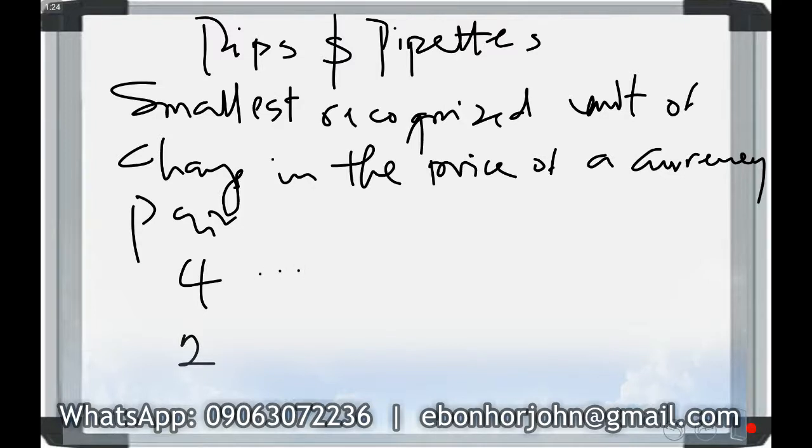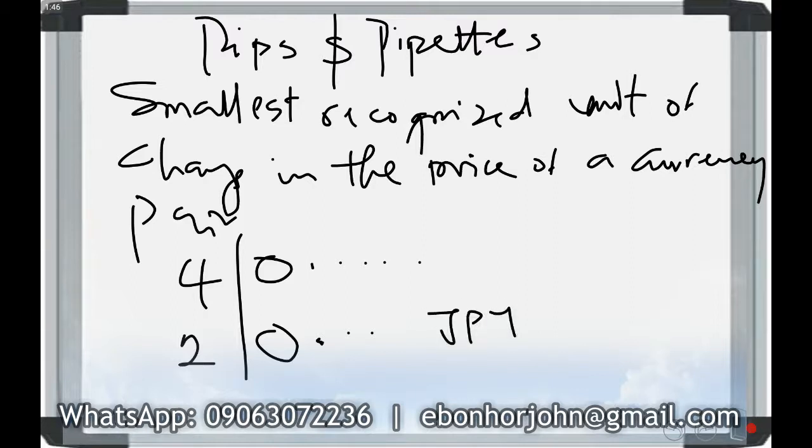That is, whatever a figure, let's say 0 point, then 4 decimal places after that, or a figure point 2 decimal places, whichever one of that works depending on the currency pair. Now, only JPY pairs, any pair that has JPY in it, Euro JPY, USD JPY, GBP JPY, AUD JPY, Canadian dollar JPY, anything that has JPY in it would have 2 decimal places, while every other currency pair would have